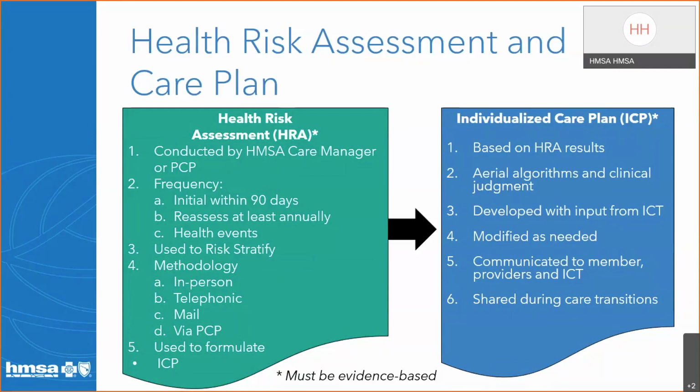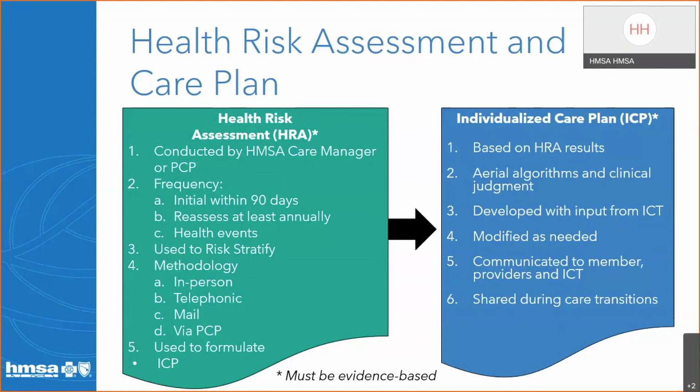This helps determine the methodology in which we'll communicate with the dual care member. For the most vulnerable patients, we'll communicate in person. A member of our coordination services team will go out to the patient and work with the patient face-to-face. Patients in the somewhat vulnerable category are usually communicated with via telephone, and the least vulnerable patients will receive health tips and information via mail or email. This information is used to formulate the individualized care plan.